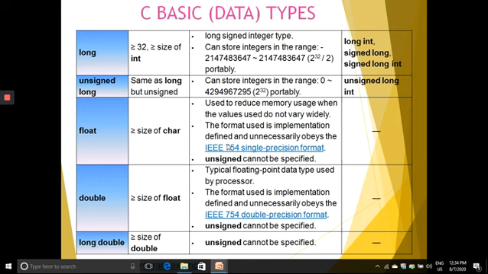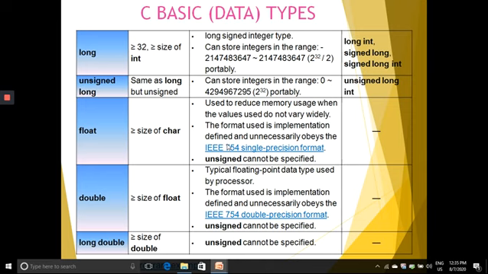Now we'll see about long, unsigned long, float, double and long double. In case of long, the size is greater than or equal to 32 bits, which is greater than or equal to size of int. Long signed integer type, so if you write a simple long data type, it is considered to be long signed integer type.